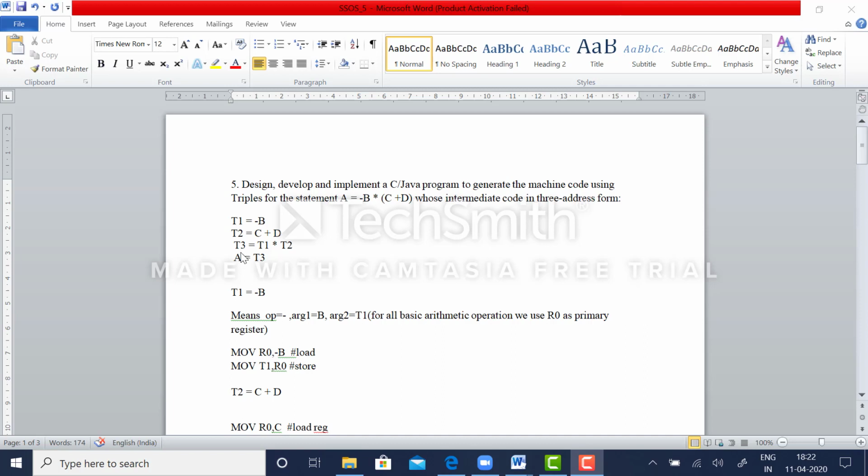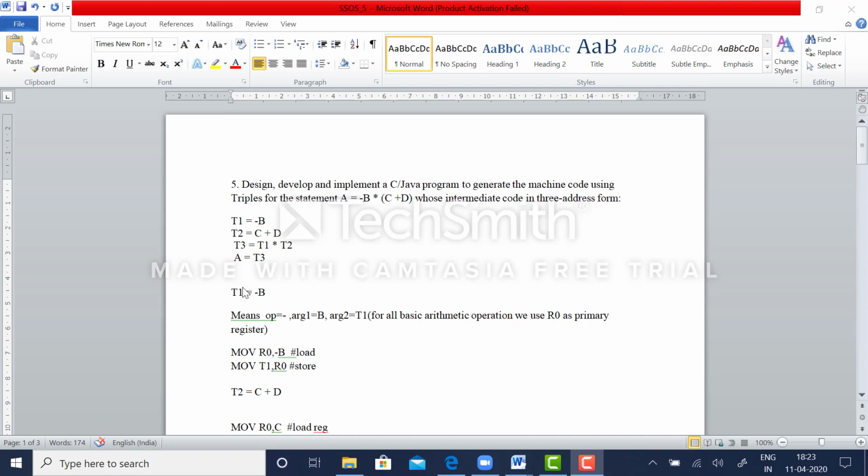So we'll see more of this. If we take the first three-address form, that is t1 is equal to minus b, here the operator is minus. The argument 1 is b, right? And t1 will be your temporary variable. As we have already seen in microprocessor, for all the basic arithmetic operations that we perform, we require a register and we will be using instructions like move, add, subtract, multiply and divide.